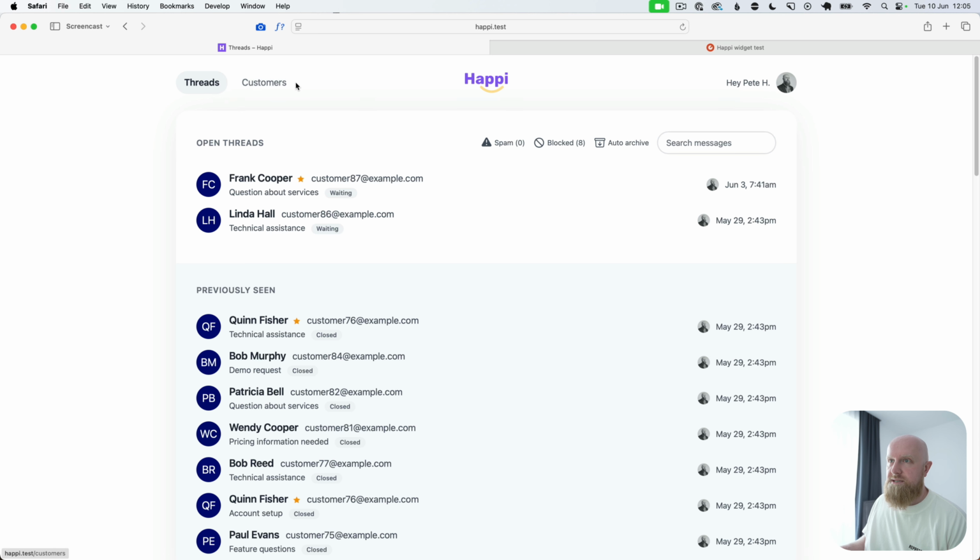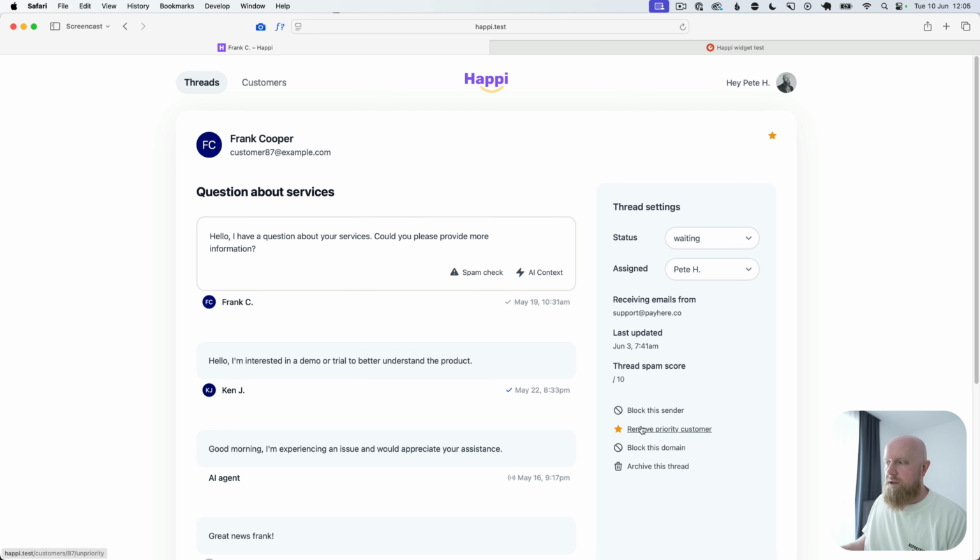So you've got your threads and you've got customers. Customers are just anyone who's ever emailed you or contacted you through the widget built into Happi. You've got your customers here, so you can click through. You can mark customers as priority customers, so they have little stars beside them and they're easier to see when